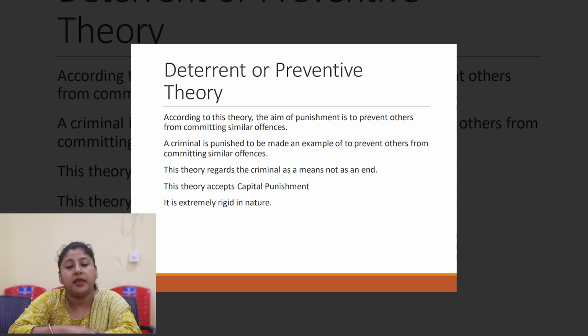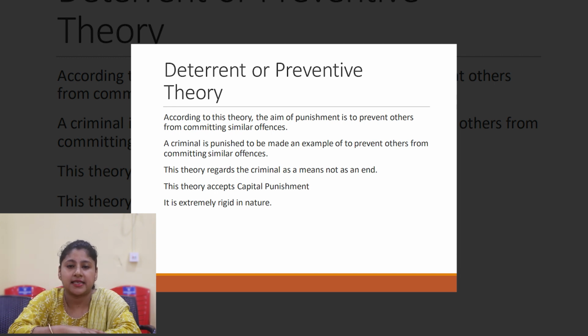According to this theory, the aim of punishment is to prevent others from committing similar offenses. A criminal is punished to be made an example of to prevent others from committing similar offenses. So in preventive theory, a criminal is punished as an example. The preventive theory sets an example for other members of the society that if you commit a similar crime, then you will be punished similarly. The main characteristic of preventive theory is that it is very rigid and